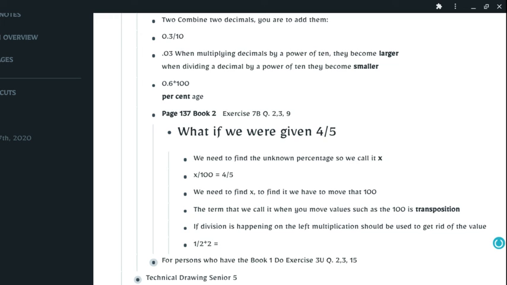What is the answer for that? Anyone knows? 2 multiplied by a half. 1. Right. Explain to me why you got 1. Because 2 halves make 1. Okay, correct. So let's replace that 2 now with 100. What if you had 100 multiplying